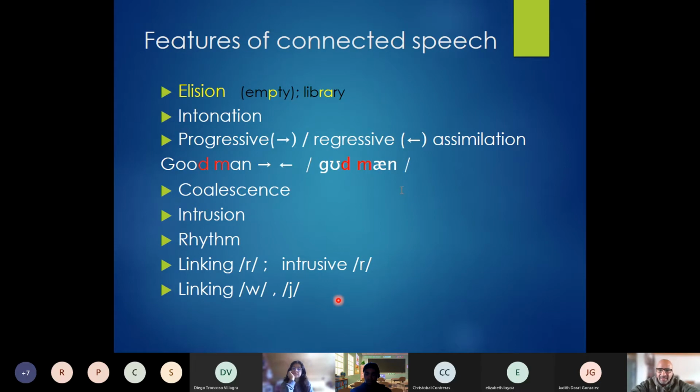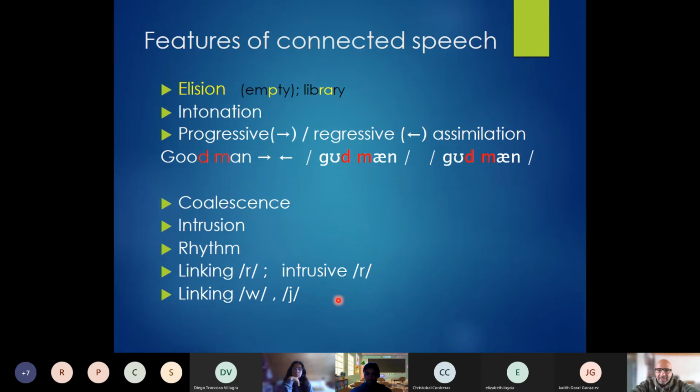So sometimes what happens here is that instead of saying "good man", the final sound in "good" may become /b/. Yeah, "goob man". Yeah, now I remember it. All right. Some people, not everyone, because some people speak really articulated, very clear, and they say "good man", and you can even hear the very plosive /d/. But some people just say "goob man".